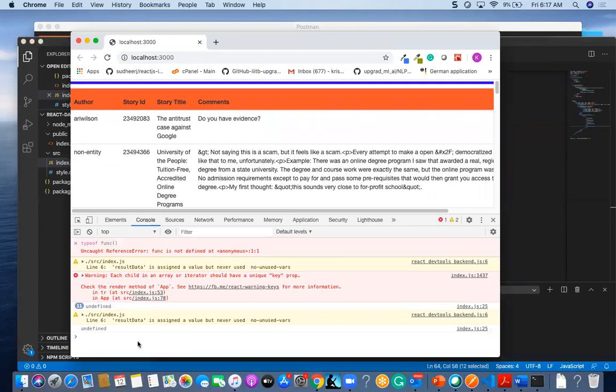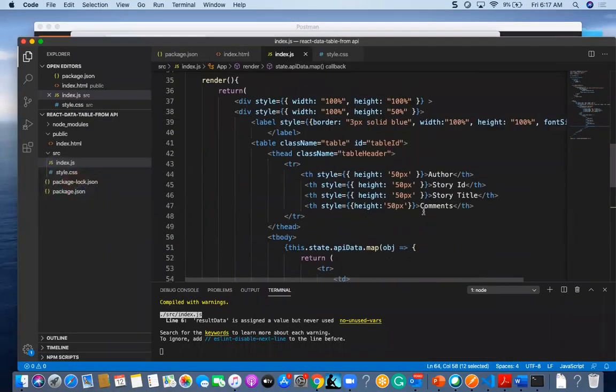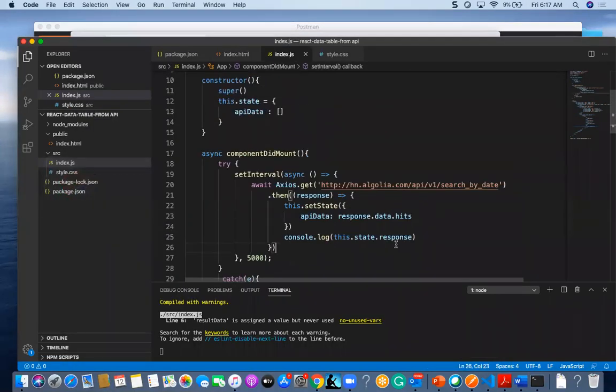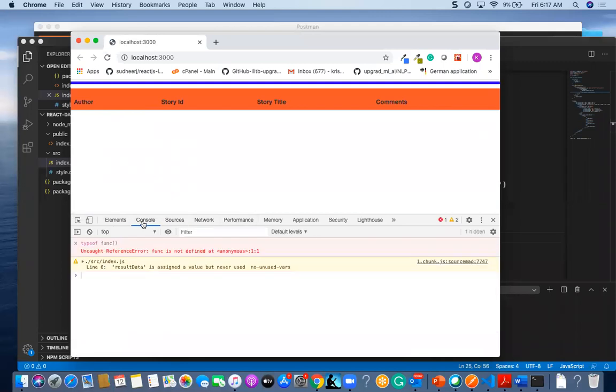This dot state dot API data: at the very first initial point, I won't be having any data here.